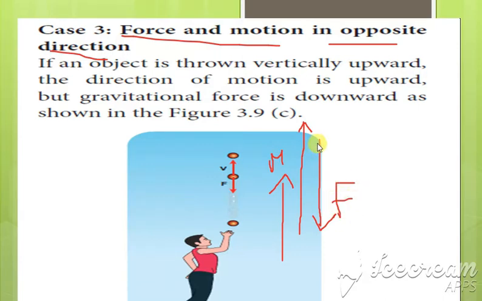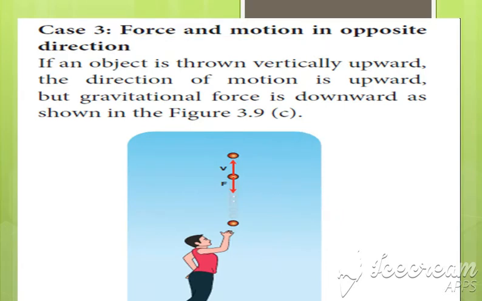So because of force, what happens? Because of the gravitational force, it comes down. So the force and motion are in the opposite direction. This is the third point, force and motion are in the opposite direction. So these are the three points. Next we are going to see the fourth one,